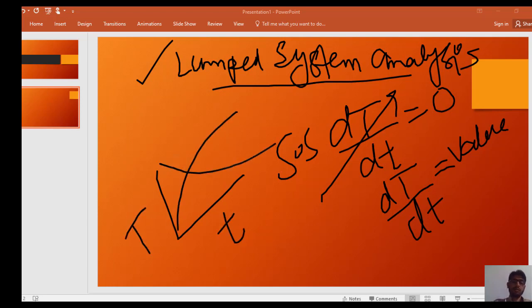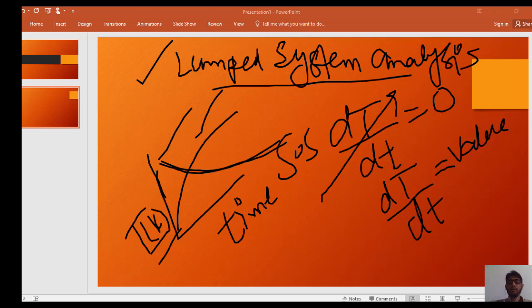From the various graphs, sometimes the temperature increases with the passage of time, and sometimes it decreases. This axis is time, and this is the temperature in Kelvin or some degree or other unit. So this is unsteady state heat conduction. In unsteady state heat conduction, the temperature is not constant. We have also discussed the lumped system.